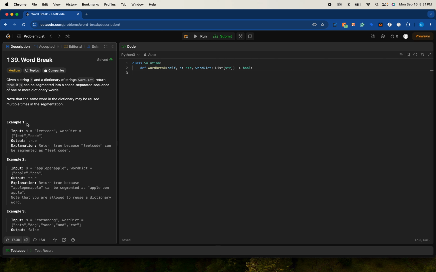Note that the same word in the dictionary may be used multiple times in the segmentation. So, for example, here we have S that can be segmented into word dict words. S is our string, and our dictionary of words is "leet" and "code". These are two words, so since S can be segmented into these, we have